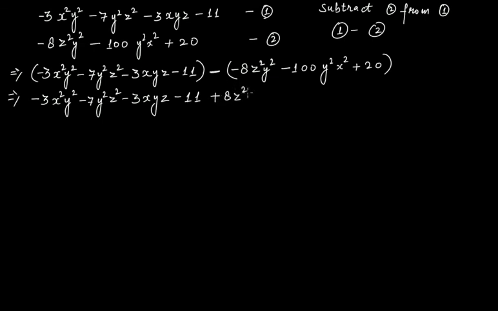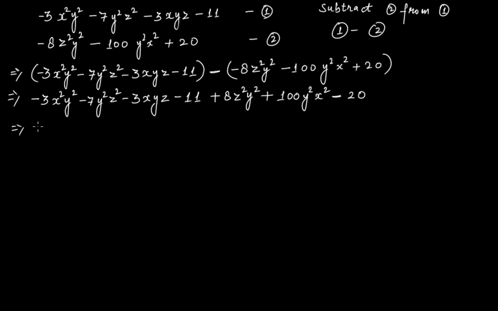8z squared y squared. Outside is minus, inside is minus, minus with minus makes it positive. 100 y squared x squared. Outside is minus, inside is positive, minus with positive makes it minus 20. Right? So now,